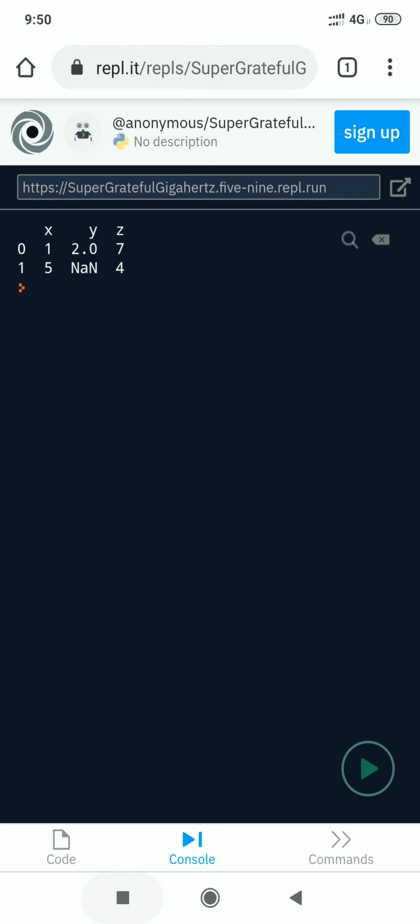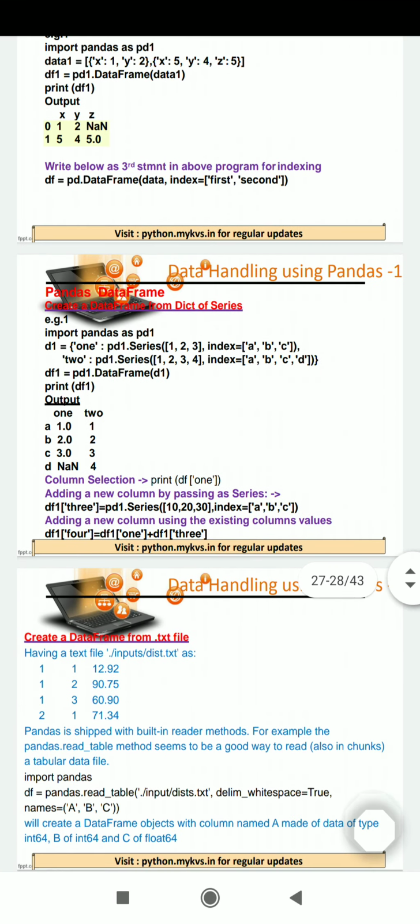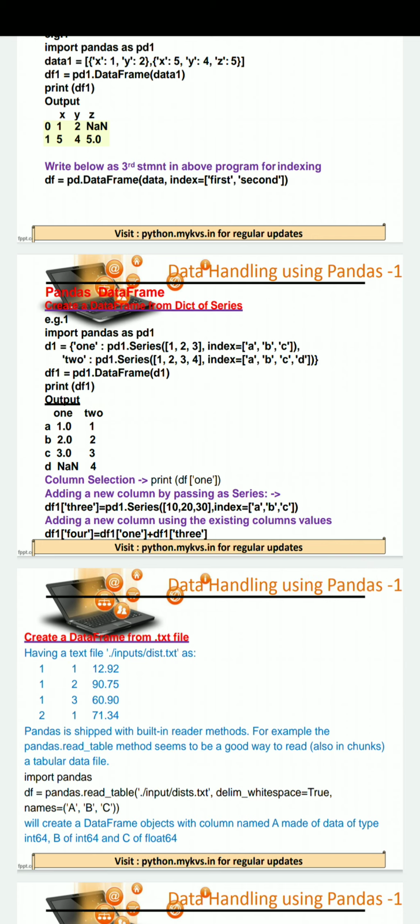Okay. Now students, we move towards the next part, that is creating a data frame from a dictionary of series. Dictionary of series, it is also possible. We have learned how to create a data frame using a list, a data frame using a dictionary, then a data frame using a list of dictionaries, and now we are going to learn how we can create a data frame using a dictionary of series.